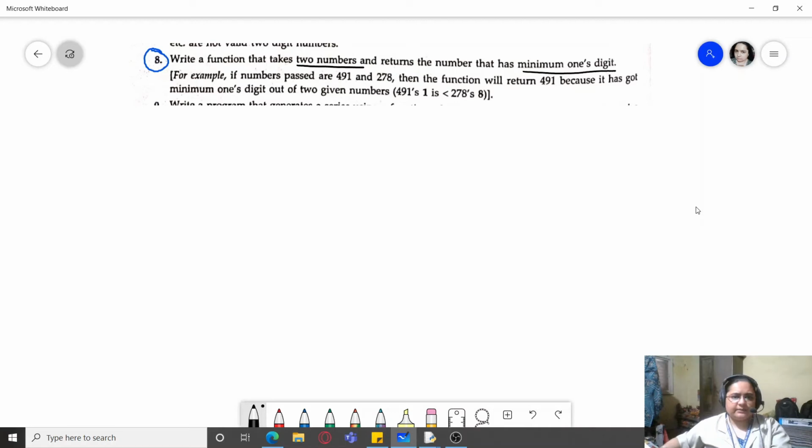For example, if the numbers passed are 491 and 278, we have to extract the ones digit from here. Here the ones digit is 1, that is the units place: units, tens, hundreds. So we have to make use of the place value of the number.